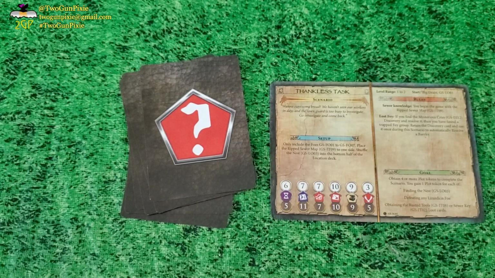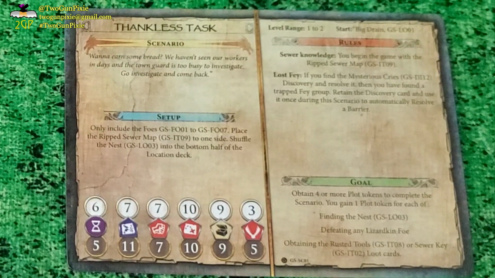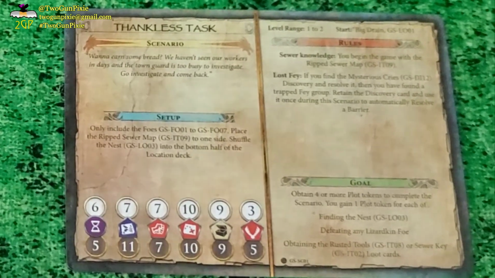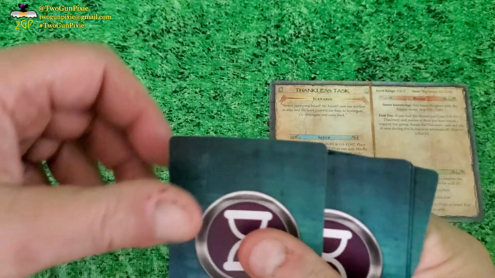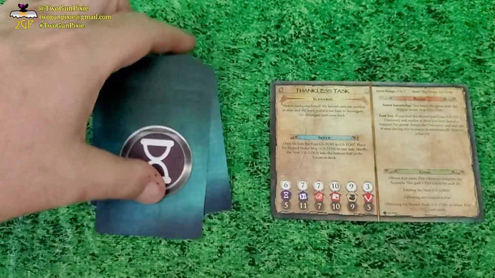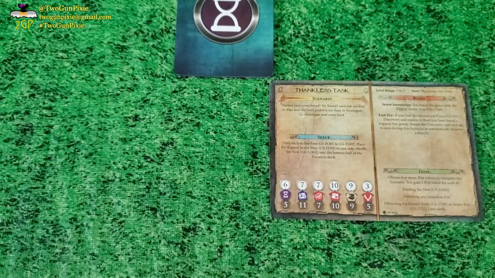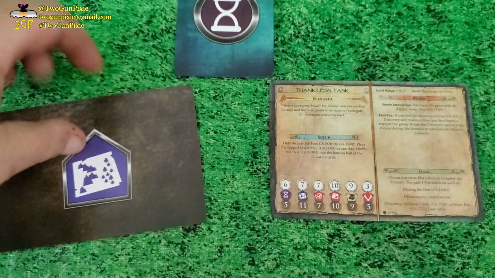Using the top row, looking at the iconography on the bottom, for the normal game, the silver ringed game, the numbers on the top, we see that we are going to need 6 event cards, we're going to need 7 location cards,